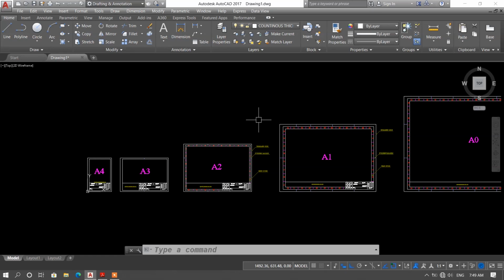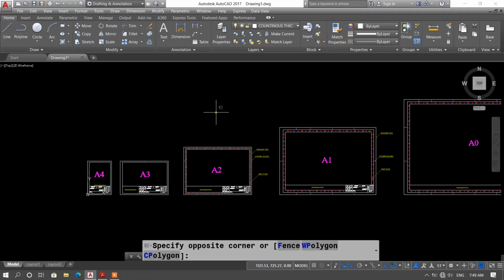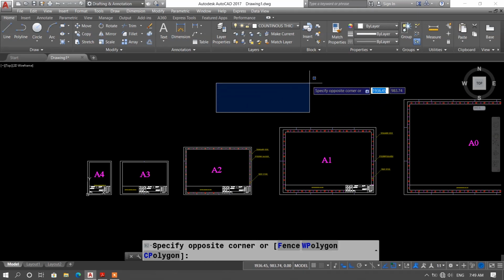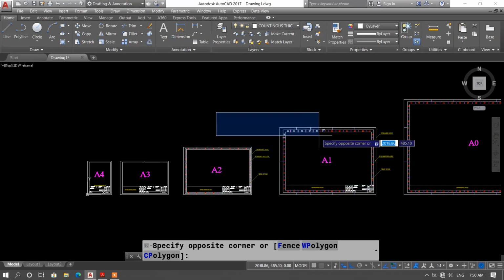Let's start with the blue window. Blue window is also known as a W polygon or window polygon. This window will appear in blue color when we click the left mouse button and travel towards the right direction. The outline of this window is a solid outline. This window will appear in the first and fourth quadrant only.